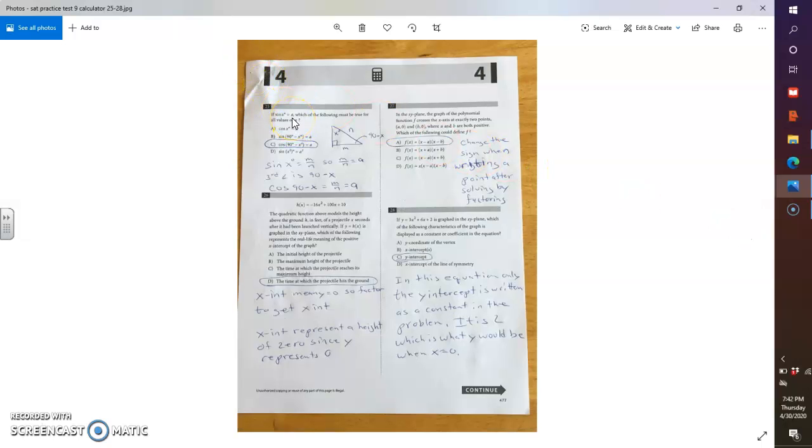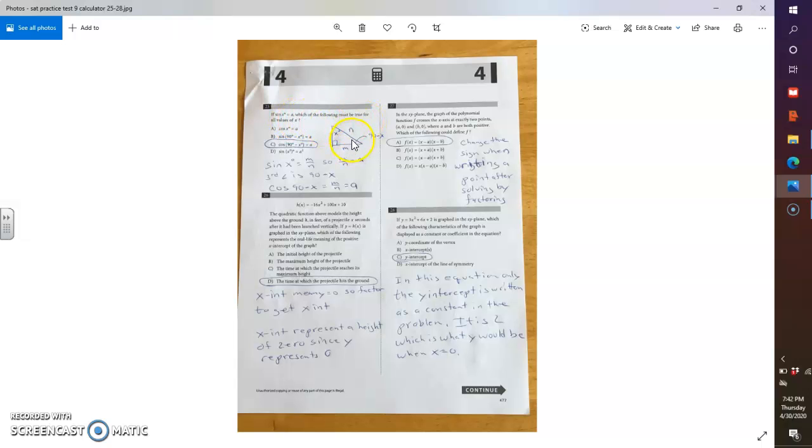In number 25, if the sine of x is a, so that means opposite over hypotenuse, excuse me. I put a random m and n here, it doesn't really matter, but if the sine of x equals m over n, we could say m over n is a. So sine is opposite over hypotenuse. Well, if the sine of x equals a, which of the following must be true for all values of x,